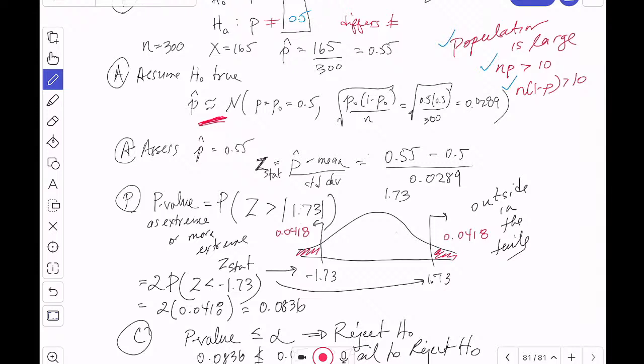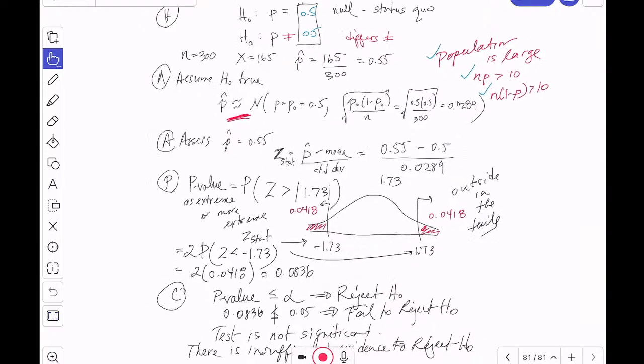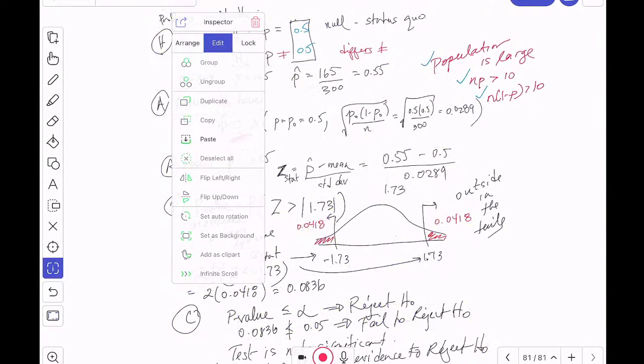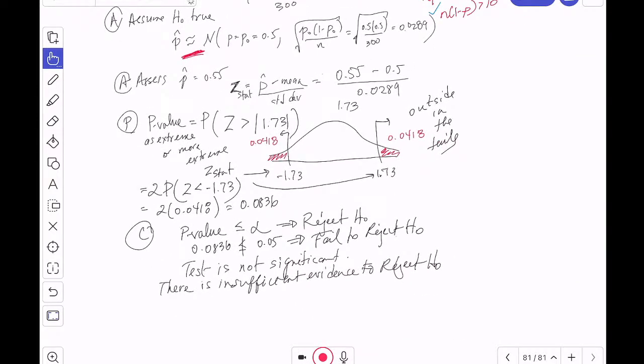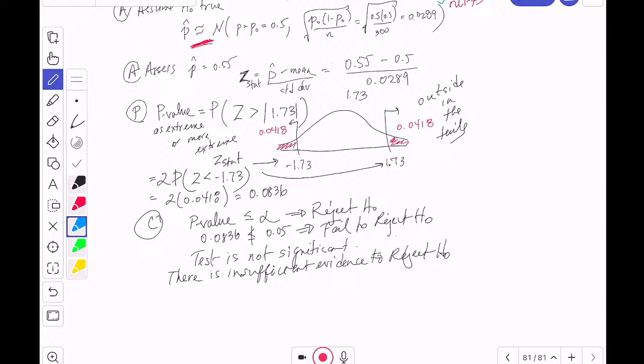Can you also conclude saying that the HA is not 0.5 to reject the null? No, all you can say is, no, you can't say that. Everything is focused on the null because that's all we know. All we ever know is the status quo. Any new information has to have some sufficient evidence for it. So how we've termed it is, there's insufficient evidence to reject H naught, and then in words you can say